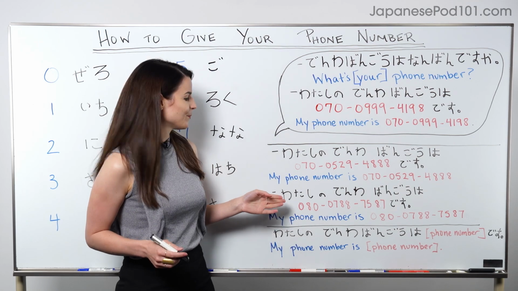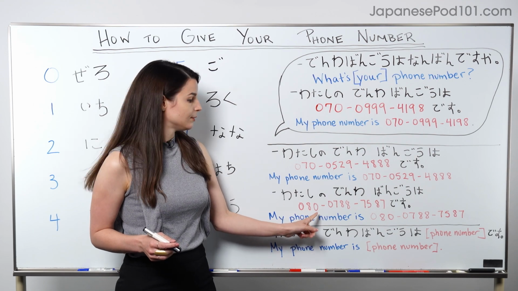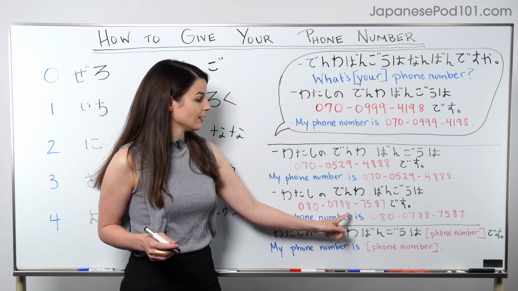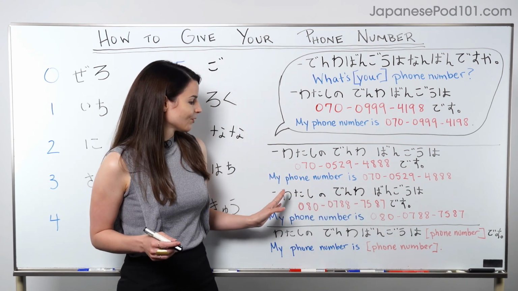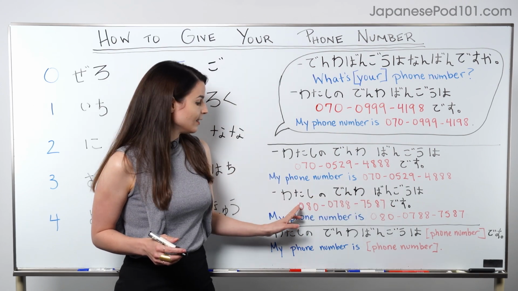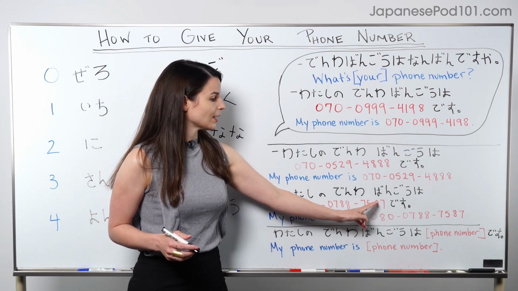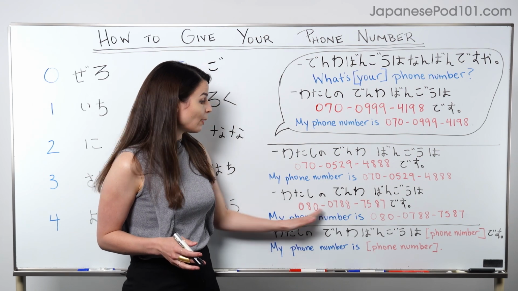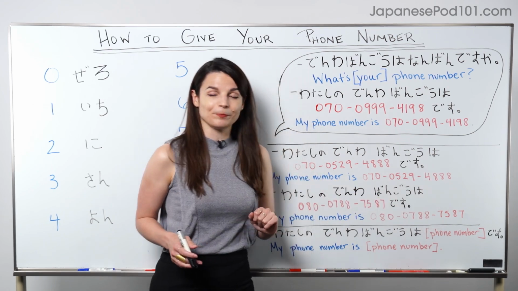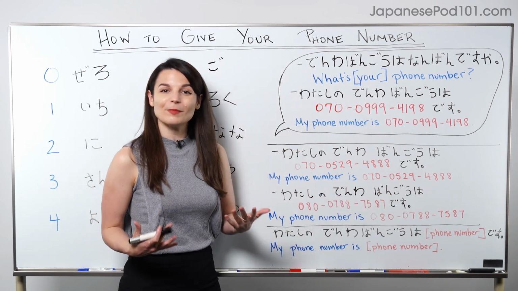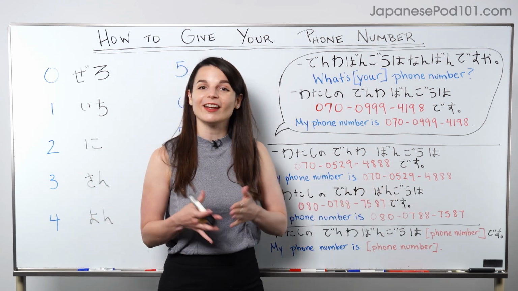Let's go to the next example. 私の電話番号は080-0788-7587です。Which means, my phone number is 080-0788-7587. This part, at native speed, might sound something like 私の電話番号は something something something です。